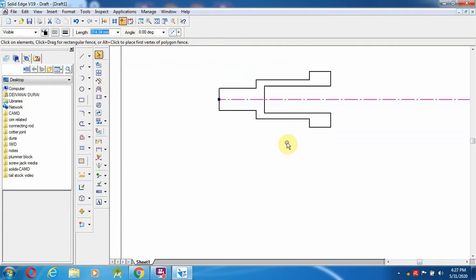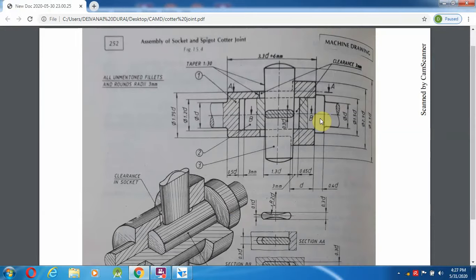After changing the axis line, what is the next step? From here to this dimension I am going to make a line, this one I am going to make a line over there.